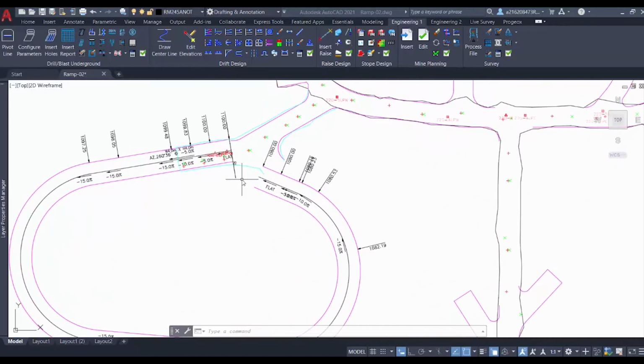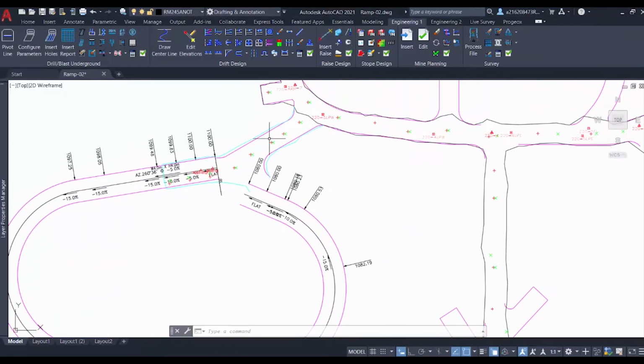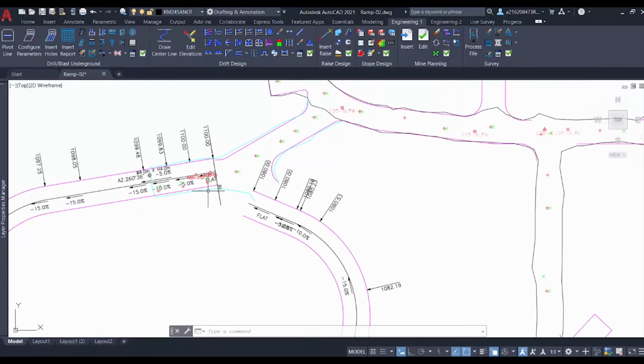We need to understand our ramp, and as we can see, it's connected to a cross-section here and starts at elevation 1100. It has a variant slope starting flat and then going to -5, -10, and -15 all the way to get to level 1080. We see that it has a section of 4 by 4 meters and other attributes like its backs and floors